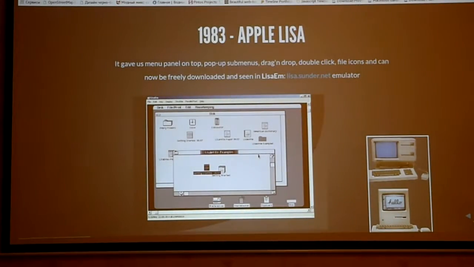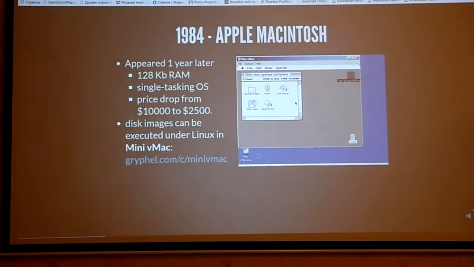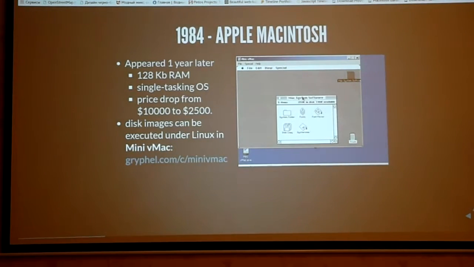But it was too expensive, and in fact, 1 year later, Apple produced another machine without multitasking, with only 128 kilobytes of operating memory, but with a 4 times price drop. And this system became really popular, and other graphical operating systems were trying to copy it.